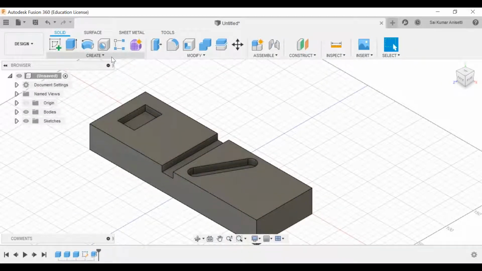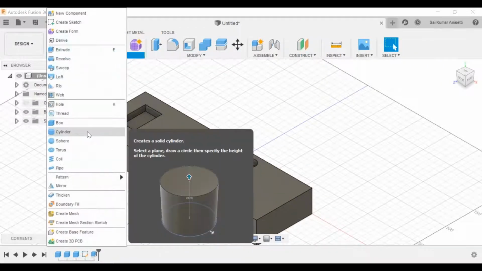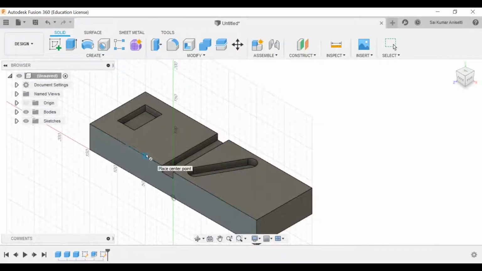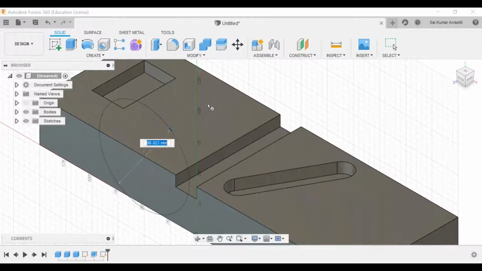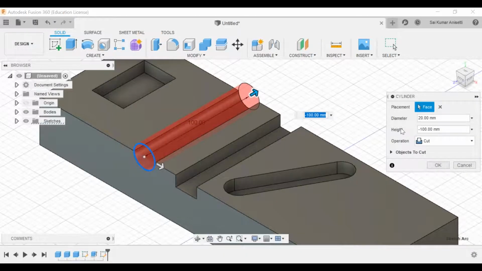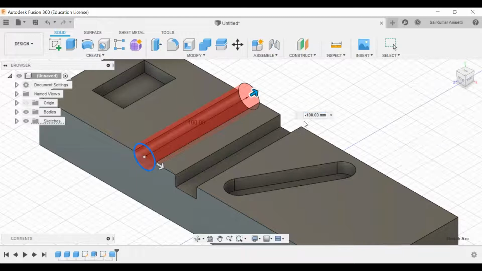Over here, I'll make a cylinder. I'll create this as my point, and let me zoom in. I'm going to create a diameter of 20 mm at the center. I'll go with 100 and cut that.